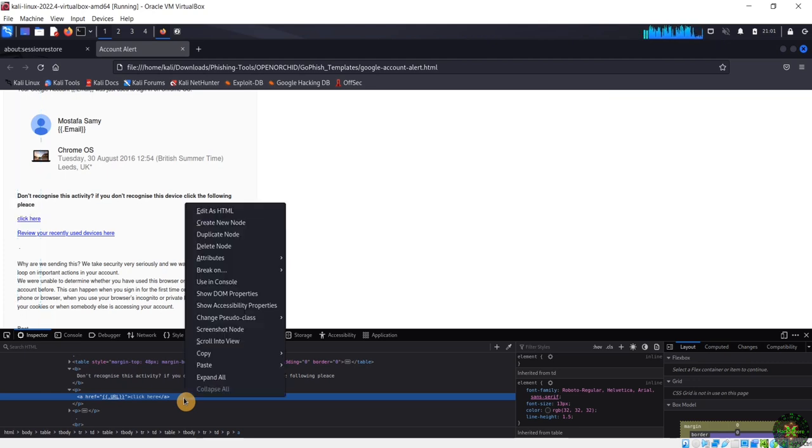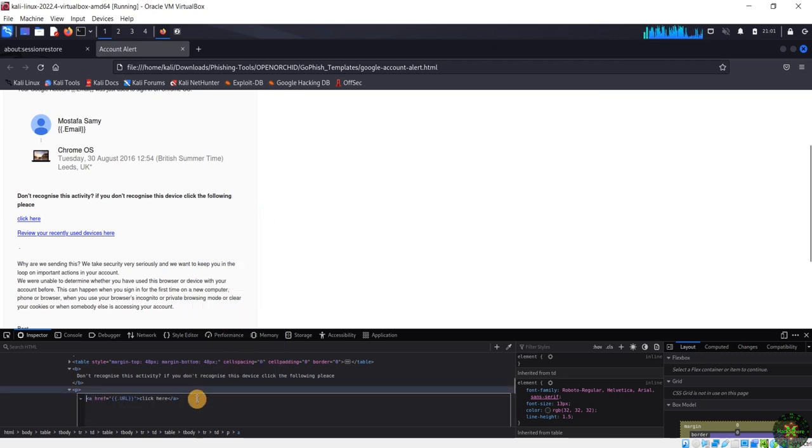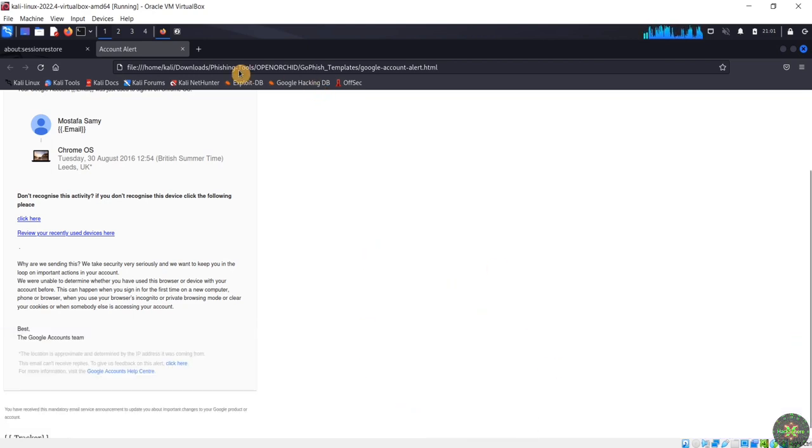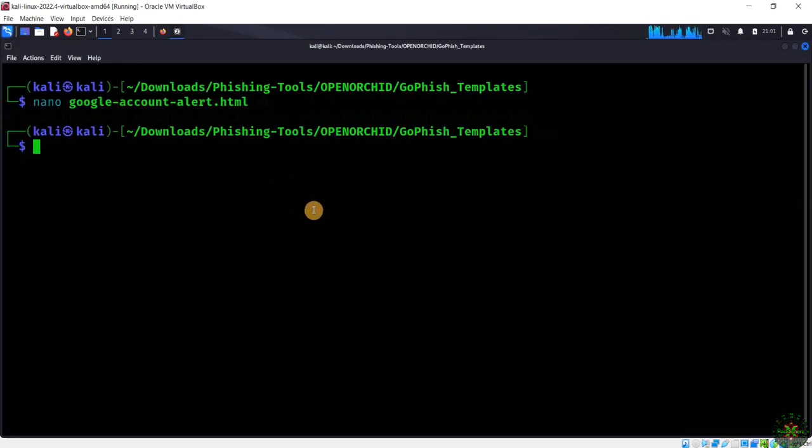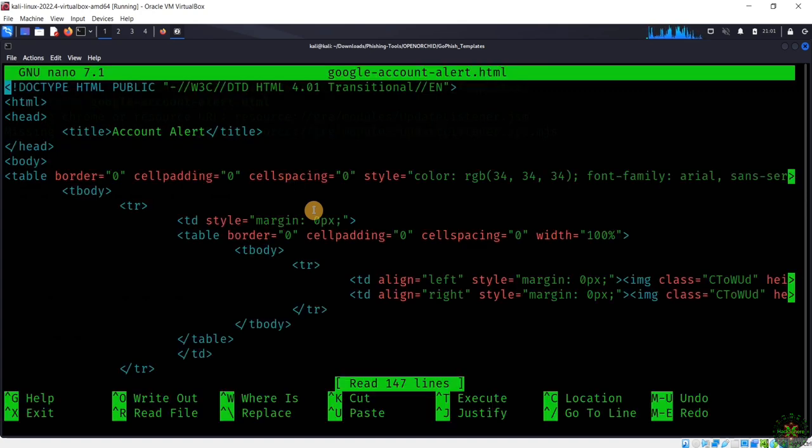So we'll right click and click edit as HTML to copy this code. After that, we don't need this inspect feature. We also need to navigate back to our terminal right here and open the file with the Nano text editor again,